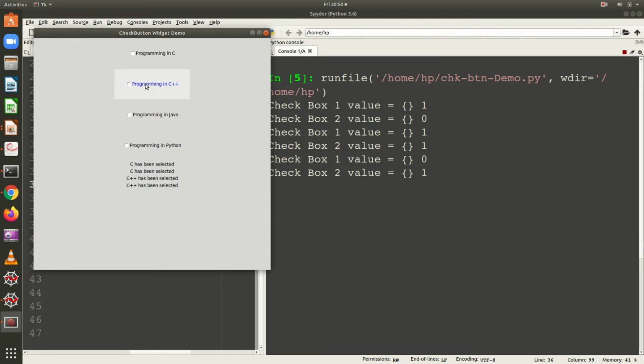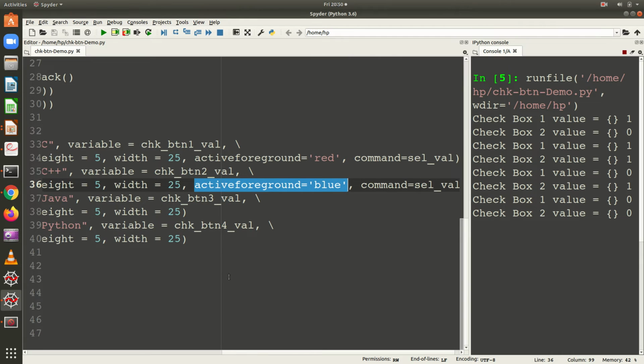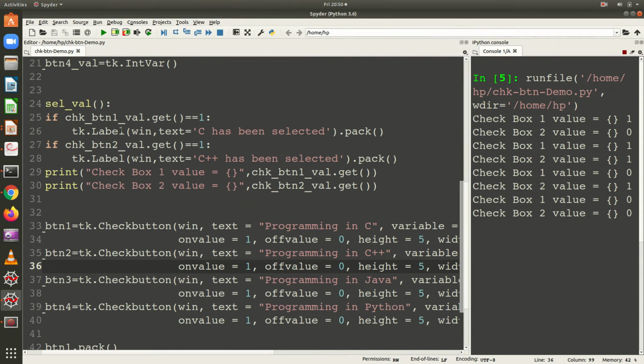Now when I uncheck it, it is not displaying anything, right? Because only when it is checked, I asked you to display the label. If you see the code, if you have observed, only if the check button value is 1, I am creating the label. Otherwise, I am not creating the label.